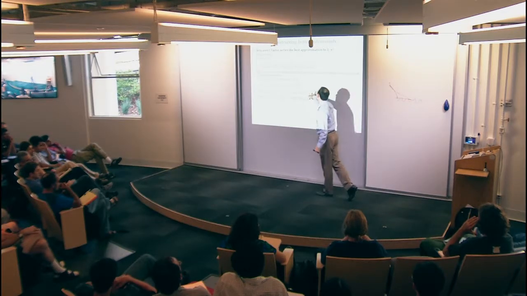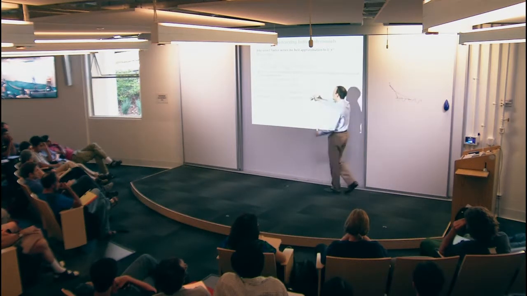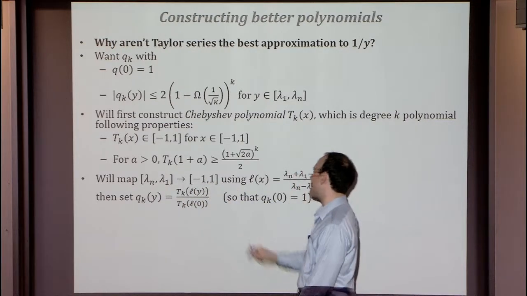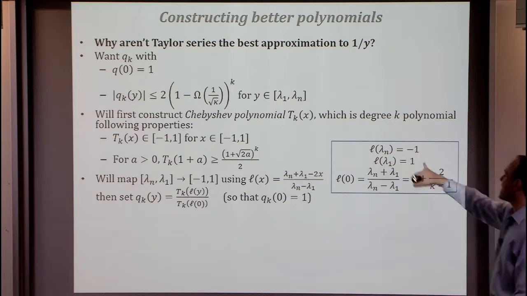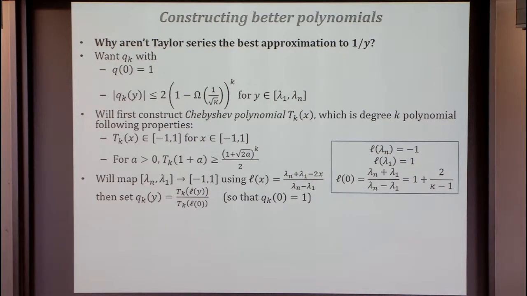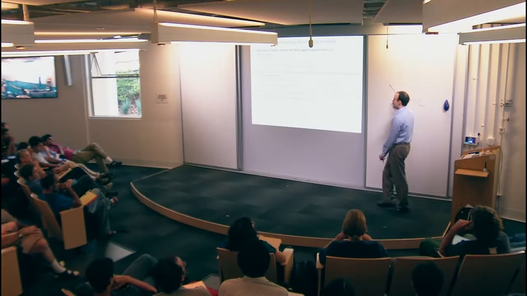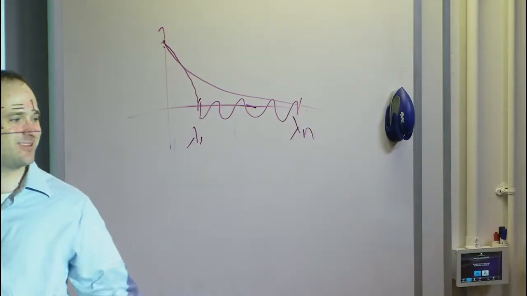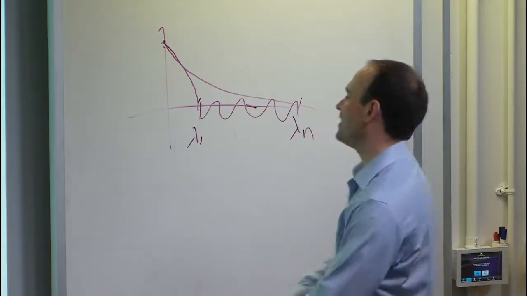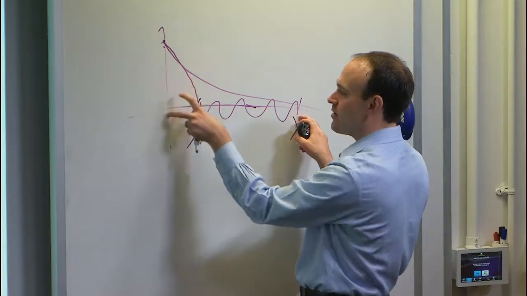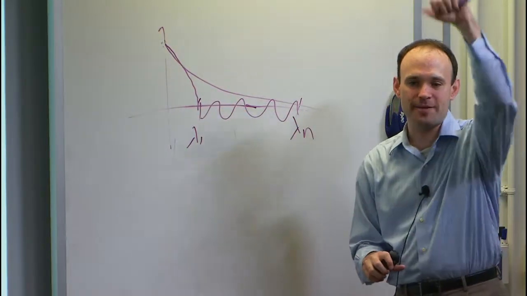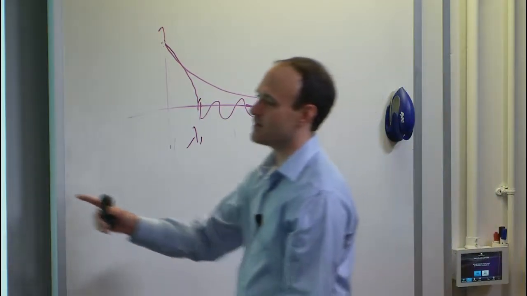Okay, so once we have that, this is what we're going to do. We're just going to shift and translate it. I'll define a linear map, with lambda 1 and lambda n here, and all I'm going to do is flip it around. This linear map is chosen so that it maps lambda n to -1, it maps lambda 1 to 1, and then it maps 0 to whatever it's forced to map 0 to. The point is that we hope that if there's a big gap here compared to the scale here, the polynomial will have time to blow up and get very big at 0. That's what this linear map does.